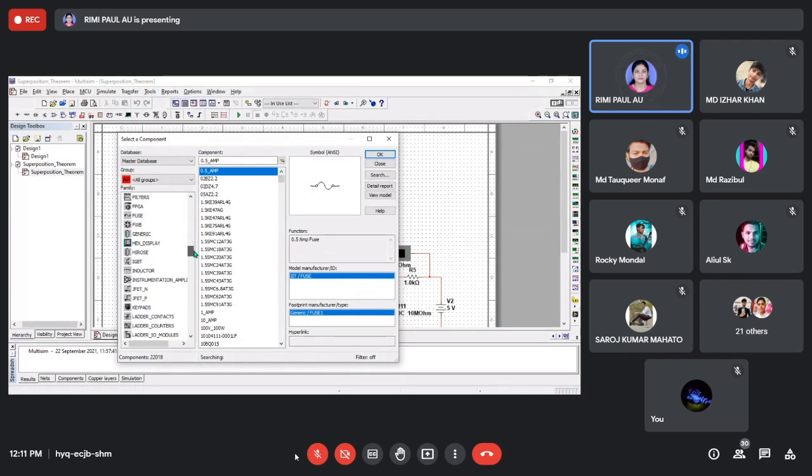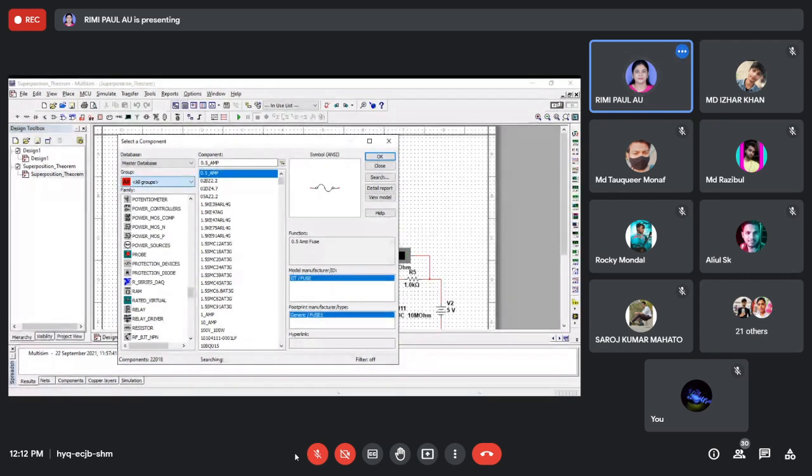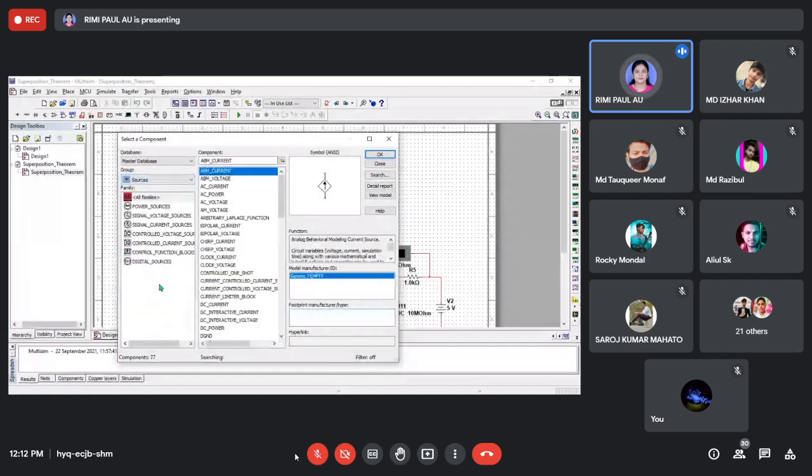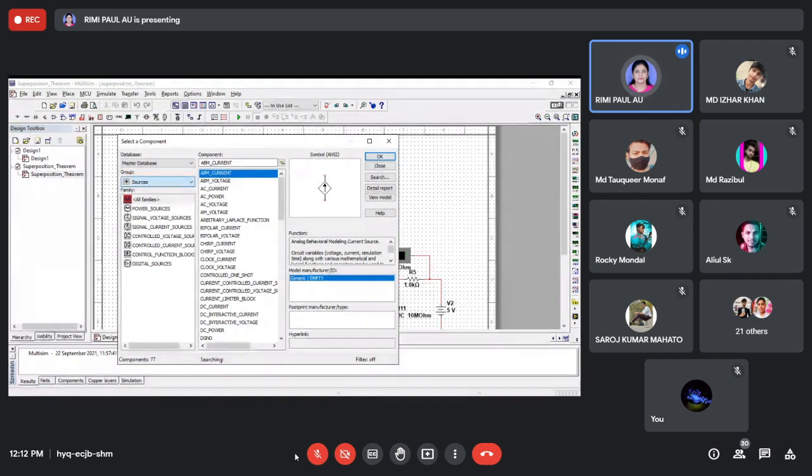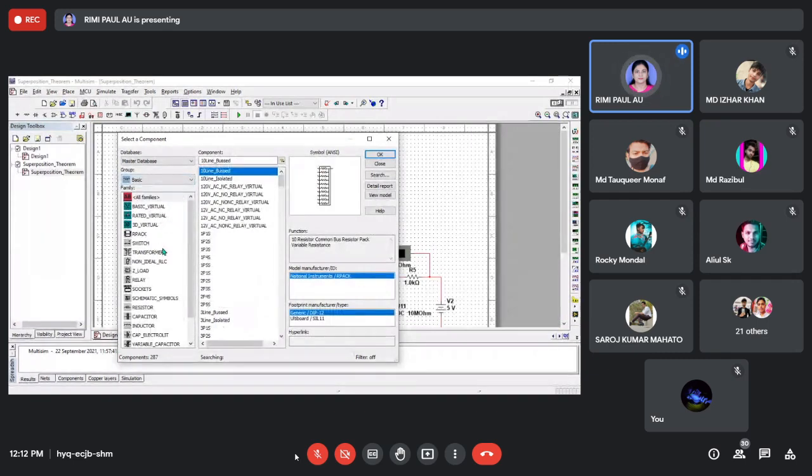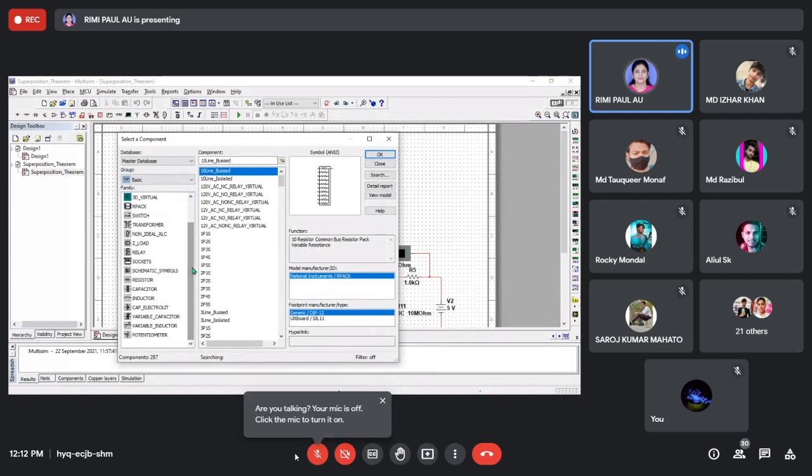So fuse, IGBTs, for doing ladder diagram, that means in future if we do PLC or microcontroller, these features are also available. Op amp. So different sources are available. If I see here, suppose source. So here you can see power source, voltage source, data source, all the sources which are available in practice are also available in simulation. Similarly, if I take basic things like transformer, transistor, relay, capacitor, everything is available.